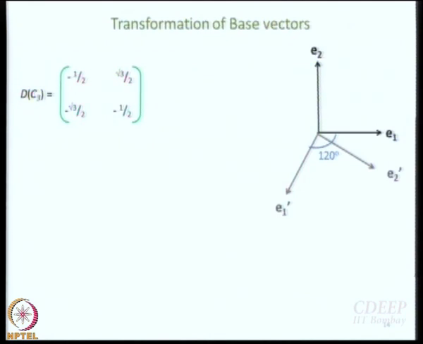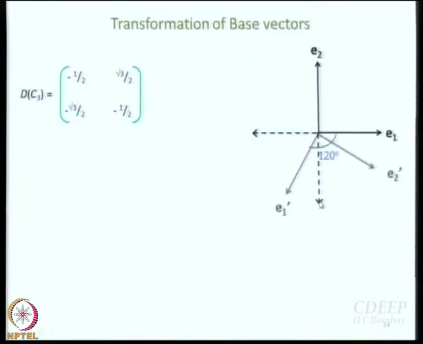So we will just write E1 dashed and E2 dashed in terms of E1 and E2, very simple. In order to do that, just because we are going slow, let us also draw the arrows for minus E1 and minus E2, right? Minus E1, minus E2. This is minus E1, this is minus E2, right? This is minus E1, this is minus E2, not very difficult to understand.